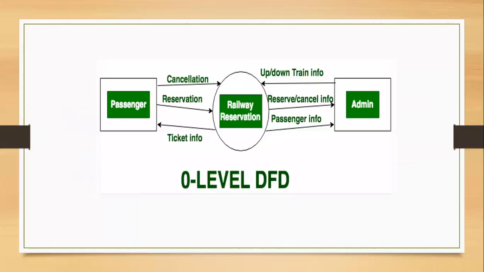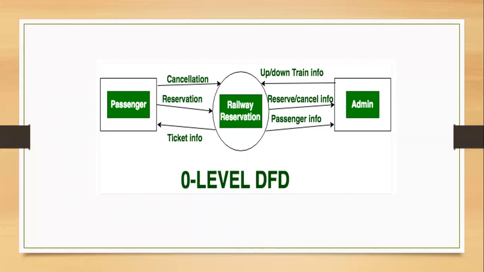Here I am showing one example of this. For example, we want to do a railway reservation. Then the passenger has to reserve with the help of the railway reservation system. The whole system is railway reservation. And then passenger is a source, admin is a destination, because once the passenger sends a request, admin will proceed and then convey whether the ticket is booked or not. So this will be done with the help of admin. That is called a destination. And here the process is called railway reservation, because the task will be completely done in this module.